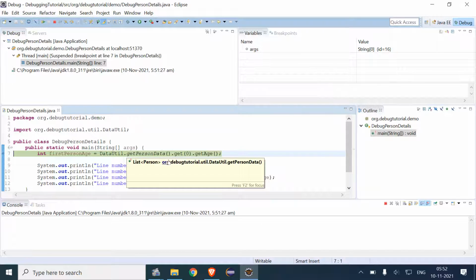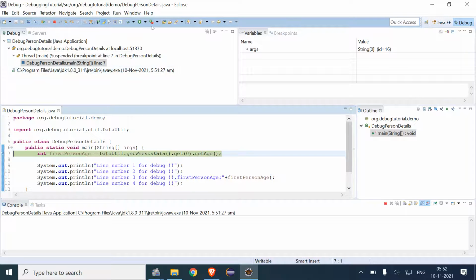So step into can be used. We have the feature of step into on the top.